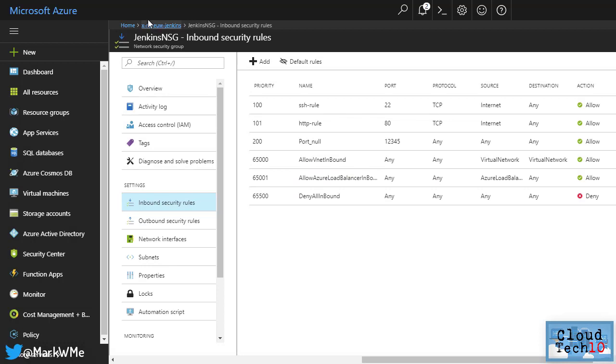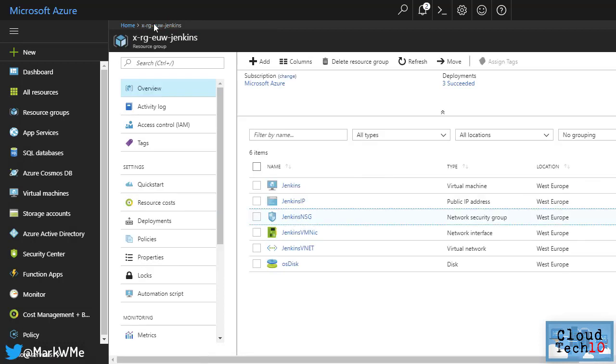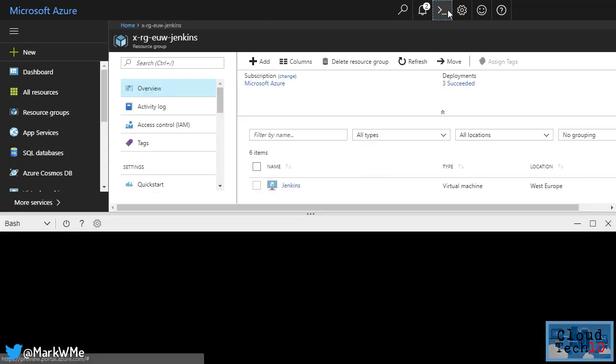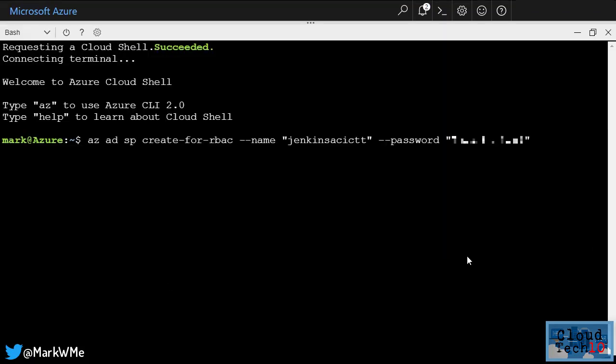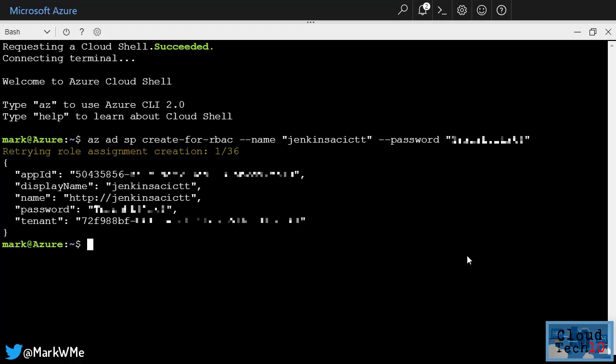Now we create a service principal so that Jenkins can access our Azure subscription. The quickest way to do this is with the Azure Cloud Shell using the Azure command line tools. We'll use the az ad sp create-for-rbac command, specifying a name and password to use. Once that's been created, make a note of the output of the command, as you'll need it shortly to configure